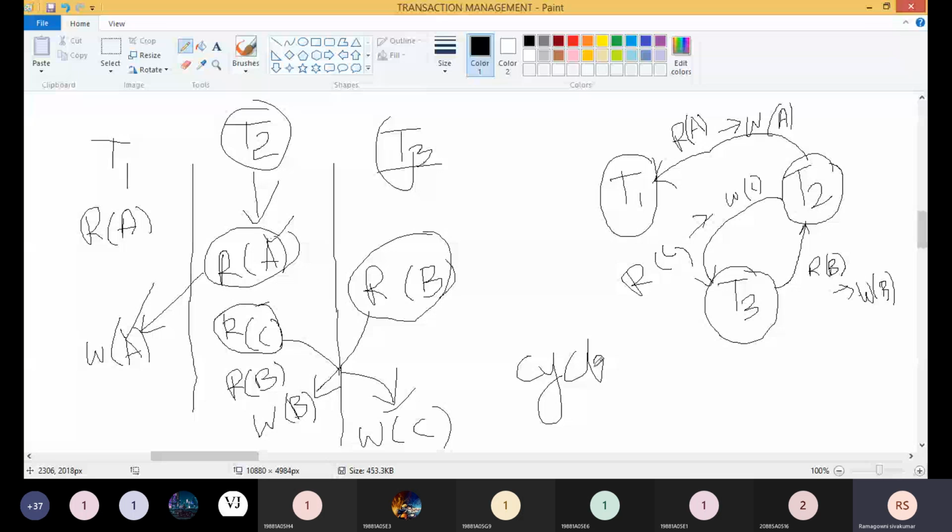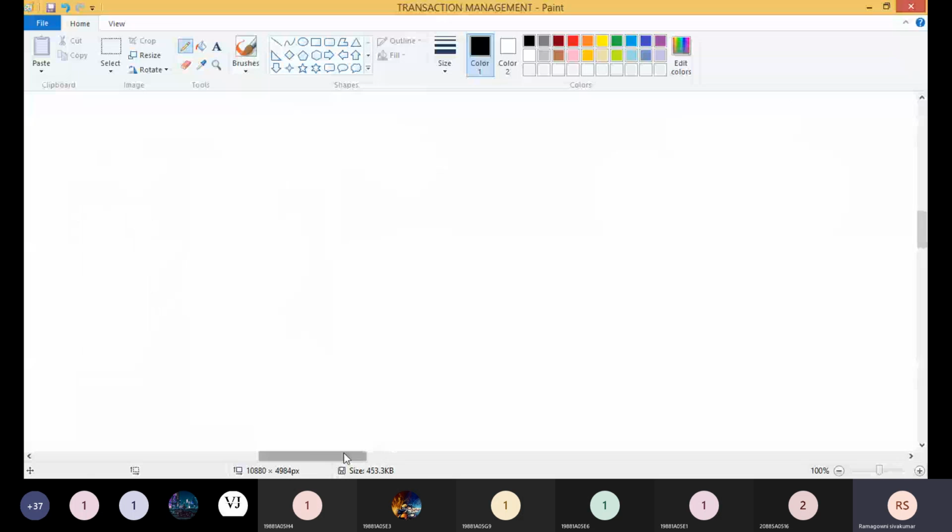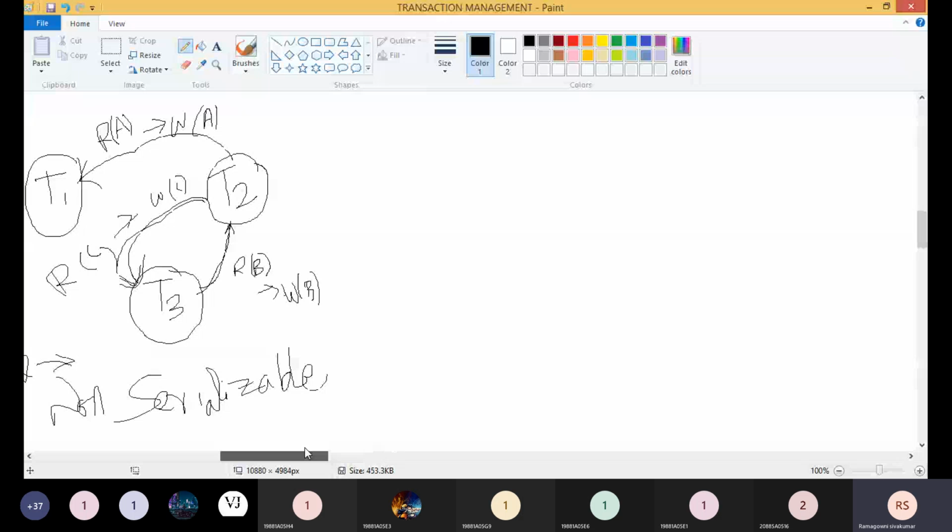Are you getting it? Here we have transaction 1, transaction 2, and transaction 3, which we are doing simultaneously. At the time we are performing these read and write operations in T1, and here I am performing read operation of A item, read operation of C item, read operation of B item, write operation of B, and in T3 transaction performing read operation of B and write operation of C. Now how can I write the precedence graph? So here read operation